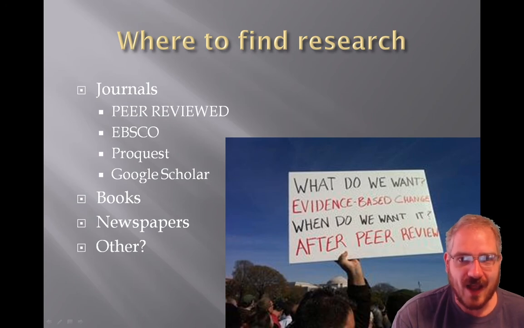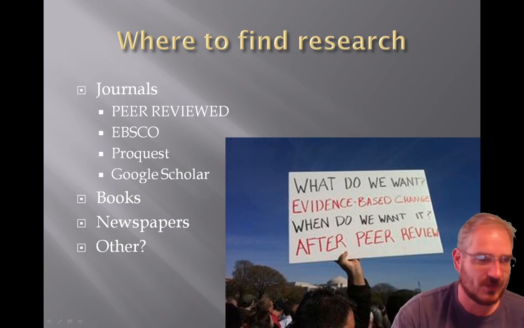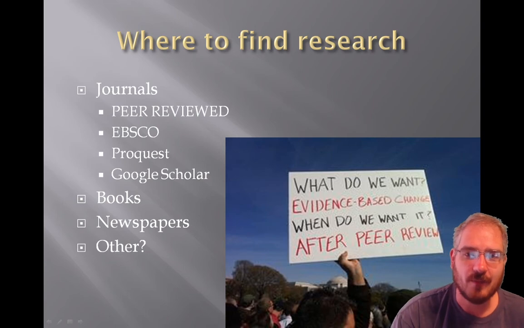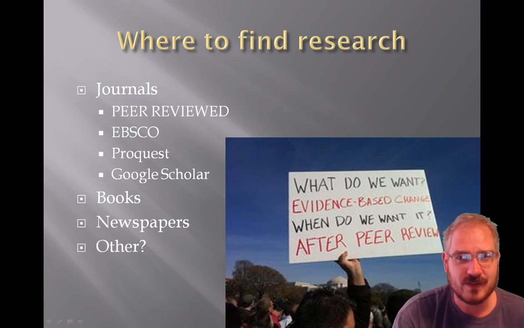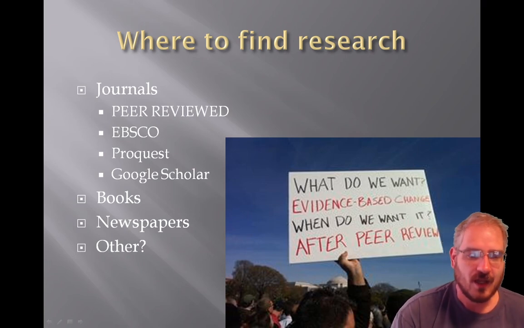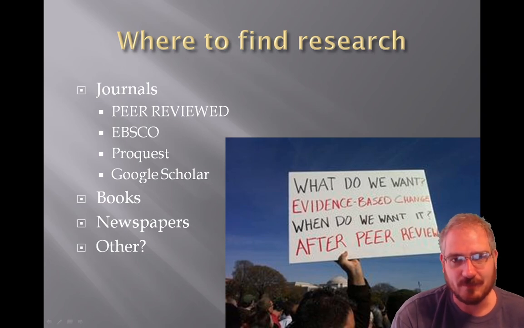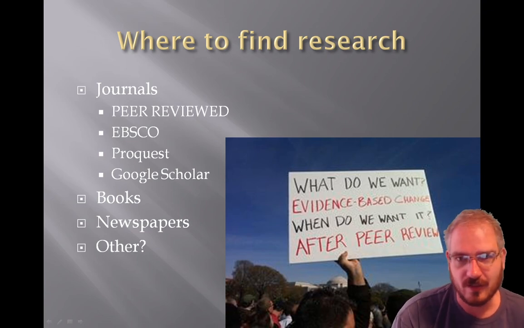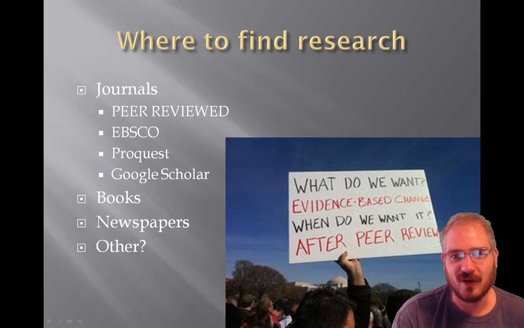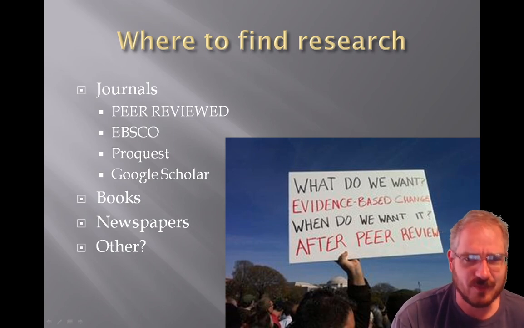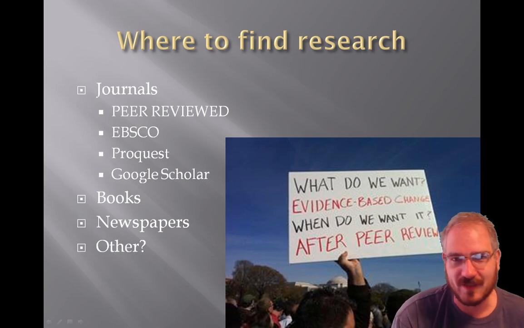Newspapers, sometimes if you need to talk about some historical event, like so-and-so assassinated this other guy on such and such a date, you can use things like newspapers. Try to keep it to the big ones: New York Times, USA Today, Washington Post, that kind of thing. Other sources, keep to an absolute bare minimum. Official government statistics, those are okay. You can find those on the internet. But don't use Billy Bob's blog or a fiction book unless you're specifically talking about that fiction book, if that's the subject of the paper or something.